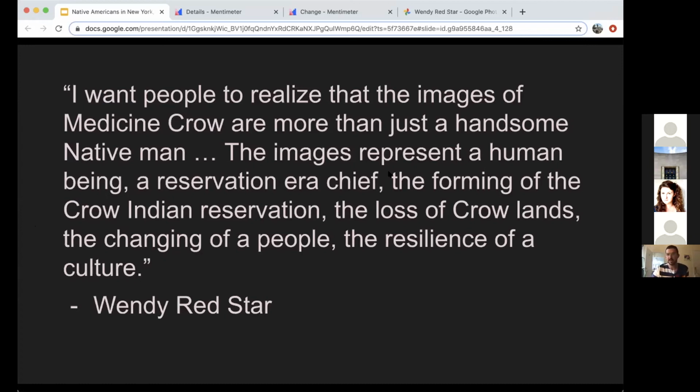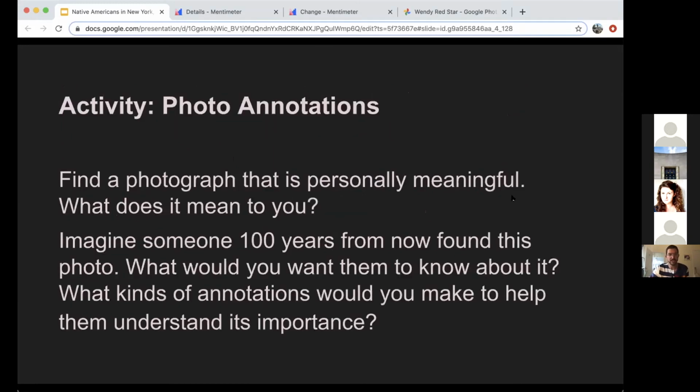So, okay, how are we doing on time? The last thing I wanted to do is share an activity. I've done variations of this activity with students before. This is one that I thought could work well for virtual learning. We'll just have a couple minutes to do this, but I'd love to ask everyone to find a